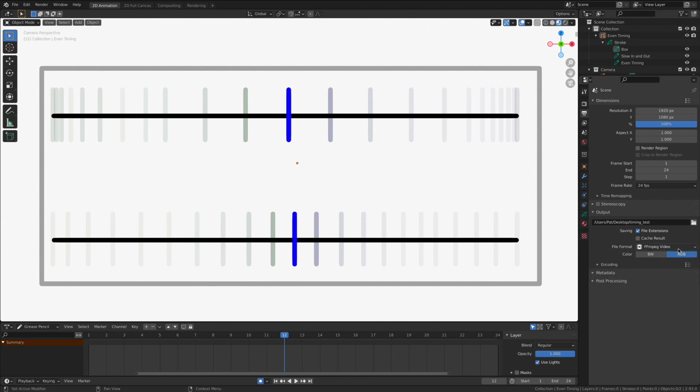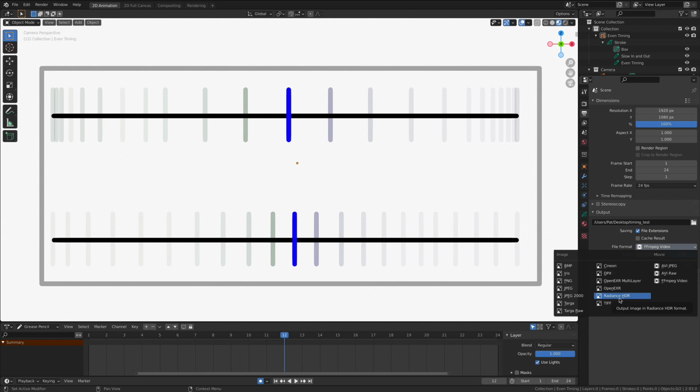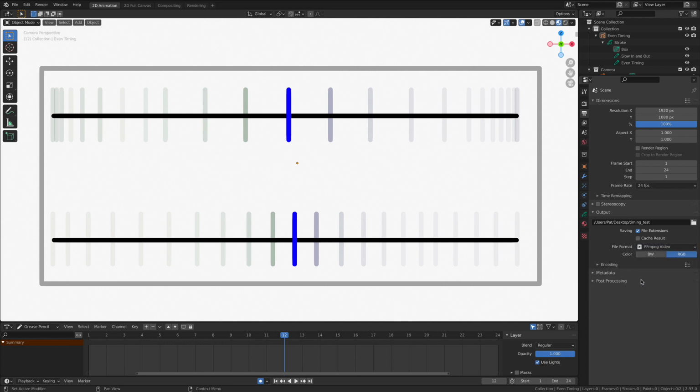Once we get a little bit more experience rendering things, we'll look at some of these other image sequences. This is the best way to get the maximum quality. But if you're working on Star Wars, then you're going to need to do Cineon files, or a Targa sequence. But for us in this class, we want to keep the file sizes pretty small, pretty light, pretty manageable. So we're going to use this FFmpeg video. It's an open source video format, it's pretty easy to use, and I think you're going to like it.